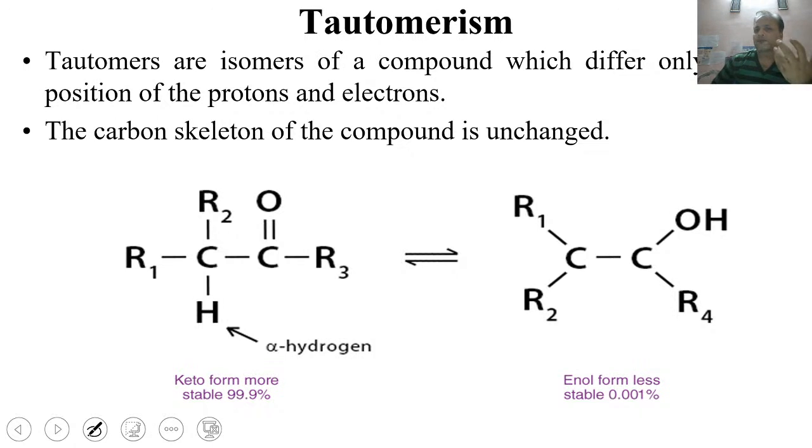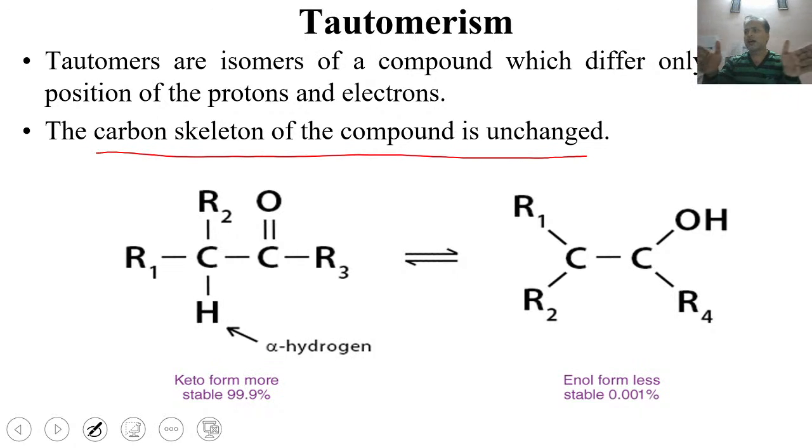So we have different types of tautomeric structures. Later on, when we talk about nucleic acids, there also we have some kind of tautomeric structures. In carbohydrates also we are going to see tautomeric structures. For example, the carbon skeleton does not change at all. The main template, the main carbon skeleton, the main body of the compound is unchanged. Only the functional group will change, and that is on the basis of the change in the place of